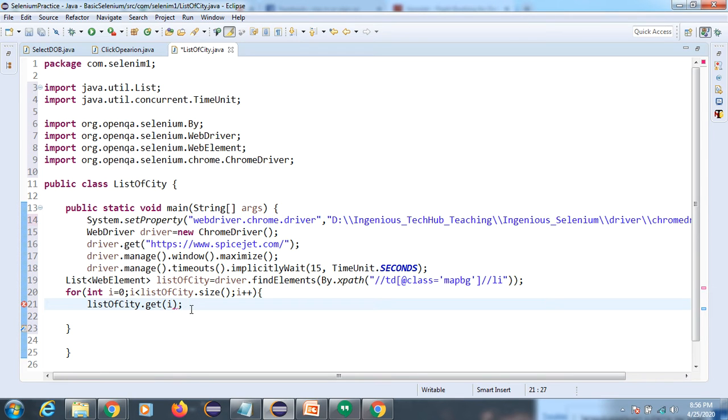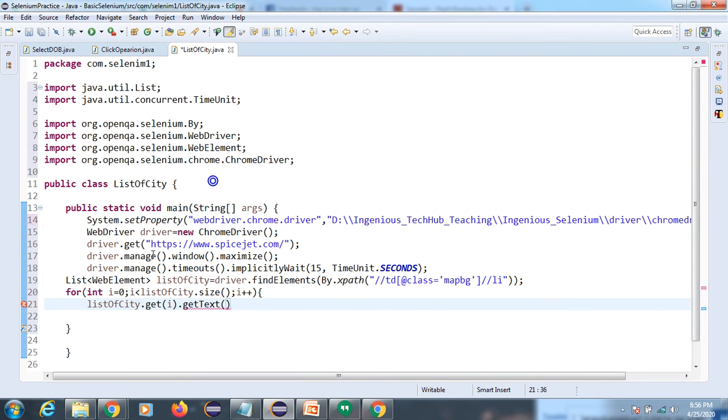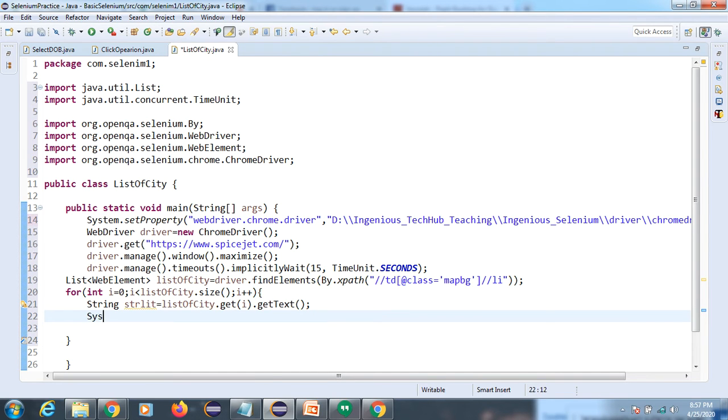So what we are going to iterate, we will use the getText method. getText will display the element, and the getText method will return a string type. So here I'm going to first display all these city names which are available inside this list.